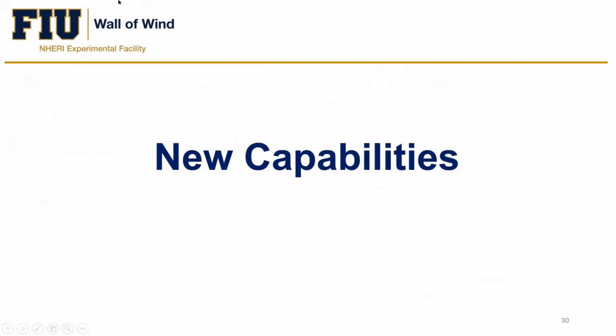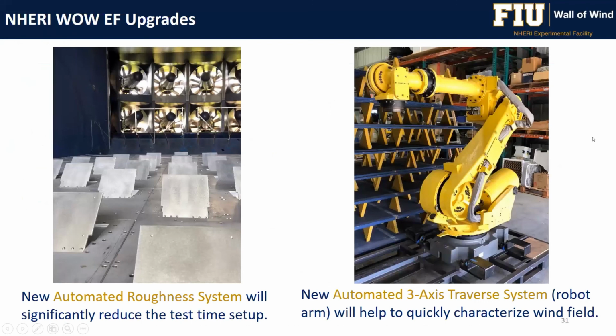Thank you, Jonas. All right, so very quickly because we're running out of time, the new capabilities. Let me change the slide here. We have added the automated roughness system. We used to do it manually, but now we can control that from the control center and change the tilt of those roughness elements in order to simulate an open, suburban, or urban terrain. We are in the process of adding the automated 3-axis traverse system that will help us automate and do the testing much faster